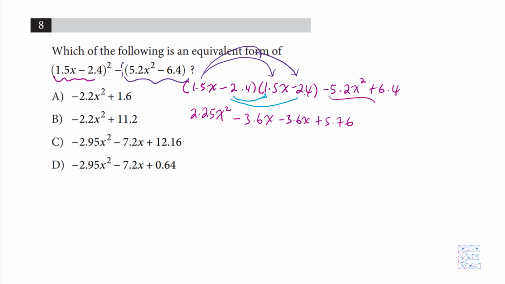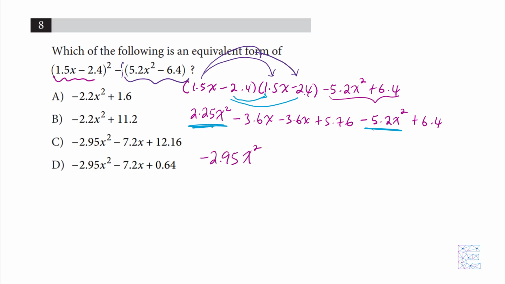Let's go ahead and bring down this part that we haven't really touched yet. So it'll be minus 5.2x² plus 6.4. Now our next task is simply looking for like terms. So we've got 2.25x² minus 5.2x². That gives us negative